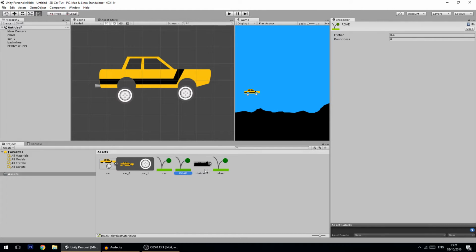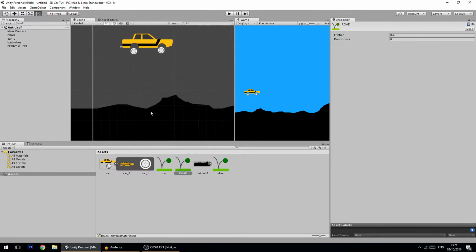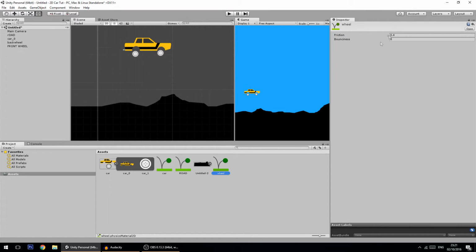Okay, and to the road, you can set the friction to whatever I want. I'm going to set it to 1. And to the wheels, I'm going to set the friction to maybe 2, and the wheels sometimes bounce a bit, so I'll make the bounciness coefficient 0.5 and drag it into each wheel